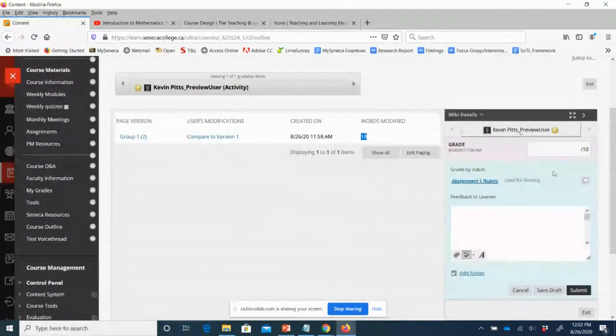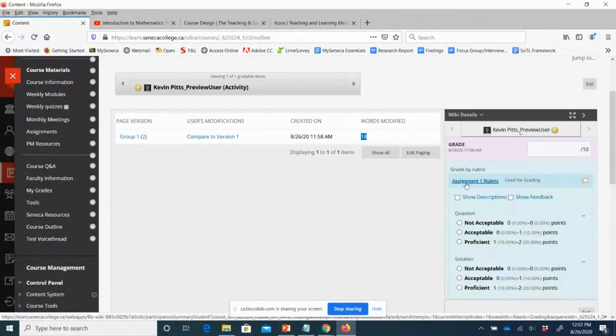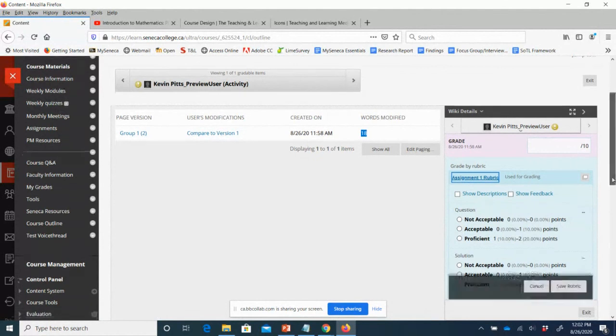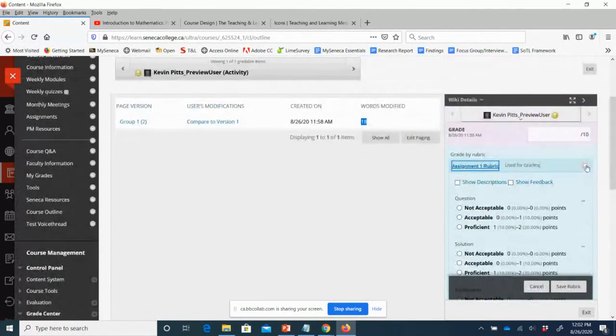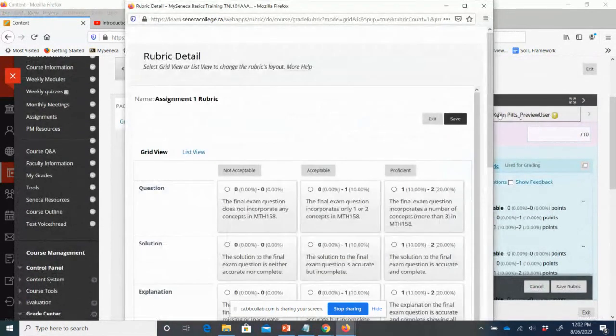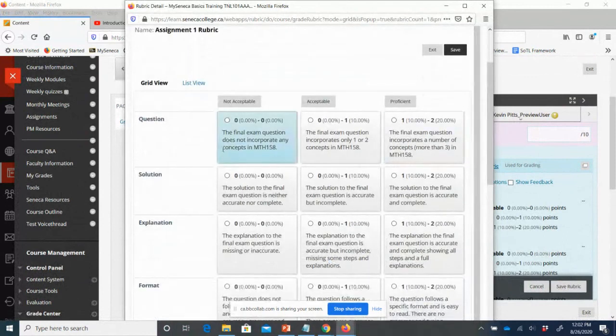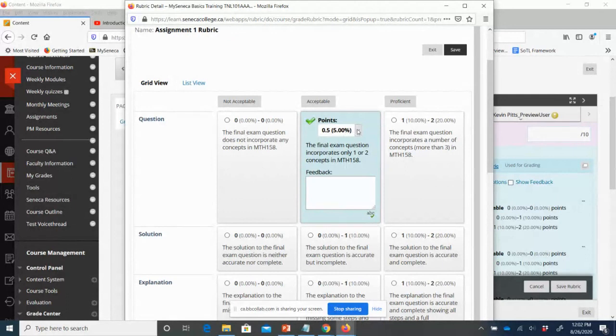Okay, so how do I want to grade it? Well, I created a rubric. So here's the grade rubric. I click on it, and I can show it either as a list of items here or in its rubric form, like so. Okay, so I can look at this and say, okay, does the final exam not incorporate any concepts, or only 1 or 2, or a lot of them? Well, maybe it didn't incorporate too many. You know what? I'll give